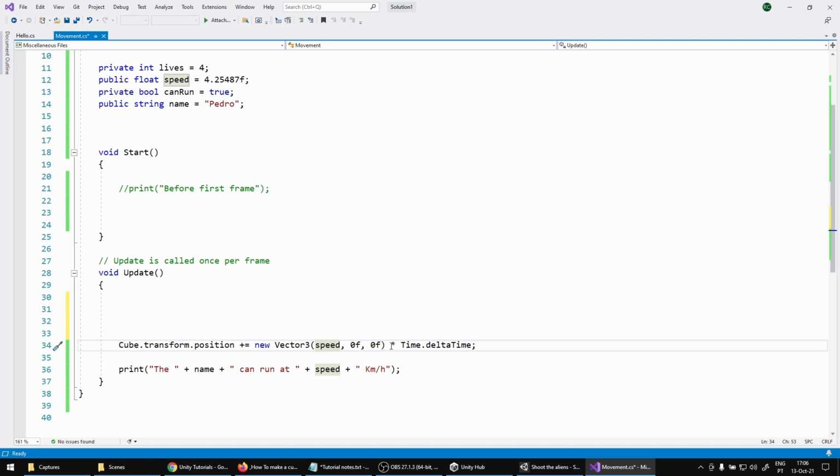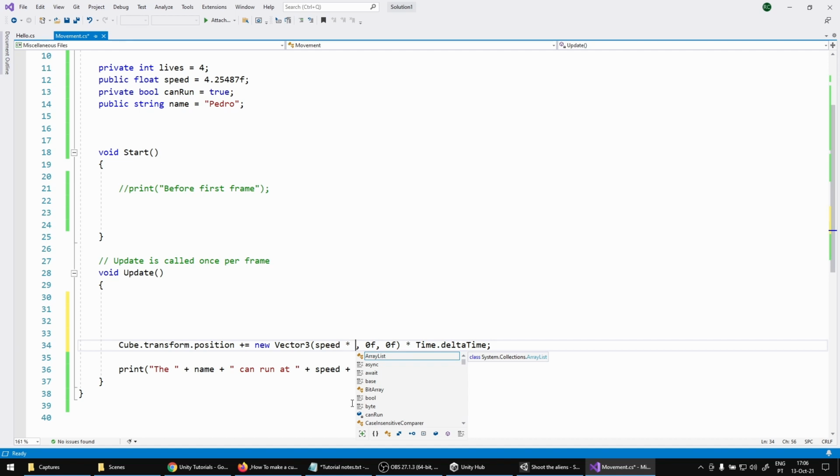But now we need to multiply this by the direction. So technically this speed can be, for example, times 1, so it goes to the right, or times -1 and it goes to the left, or if it's times 0 it doesn't go anywhere, right? It makes sense. So let's say